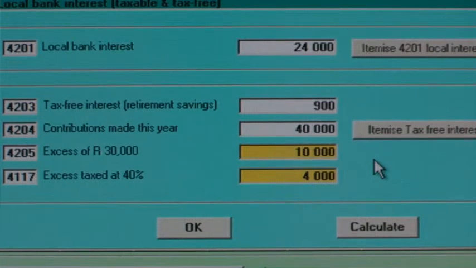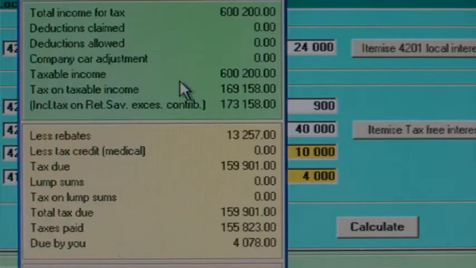If I superimpose the auto summary window over this window and show all the bottom line figures, we can see the 600,000 Rand salary plus the 200 Rand taxable portion of the ordinary bank interest makes 600,200 Rand income for tax. As we have no deductions, our taxable income is 600,200, and the tax tables show the tax on our taxable income to be